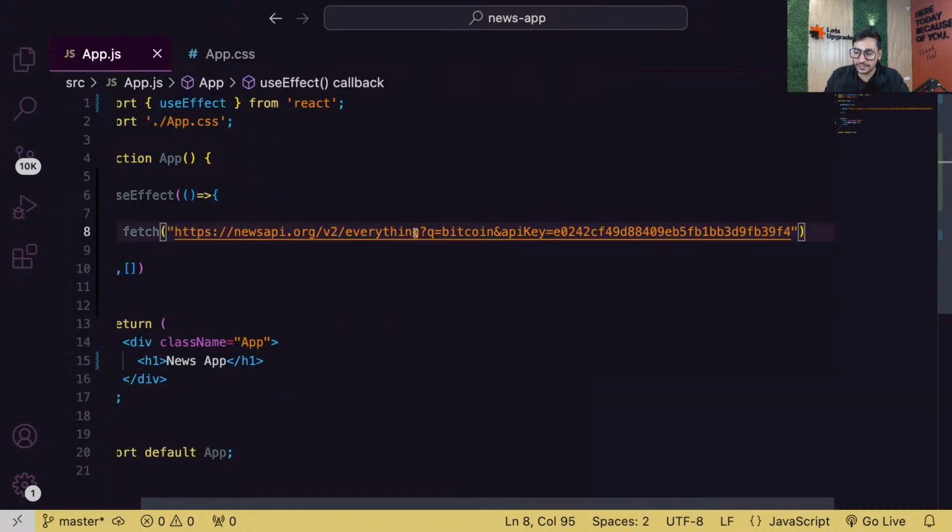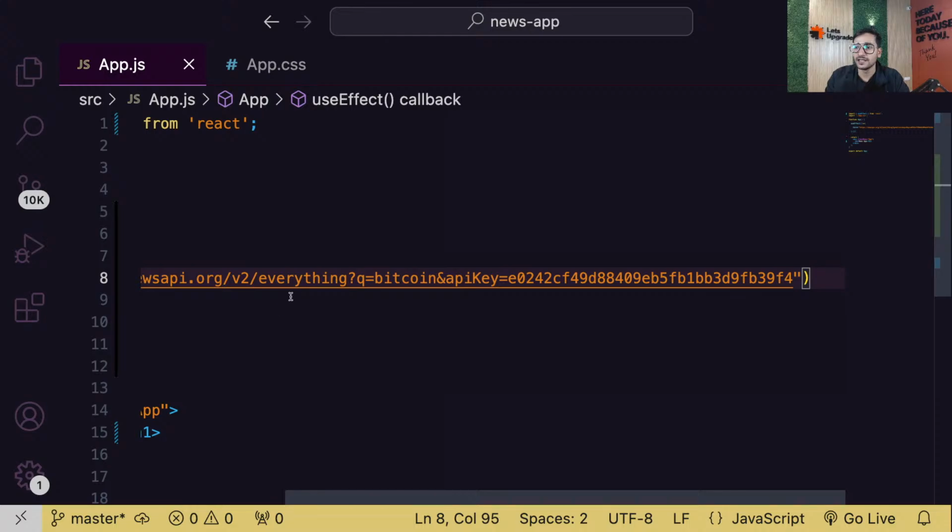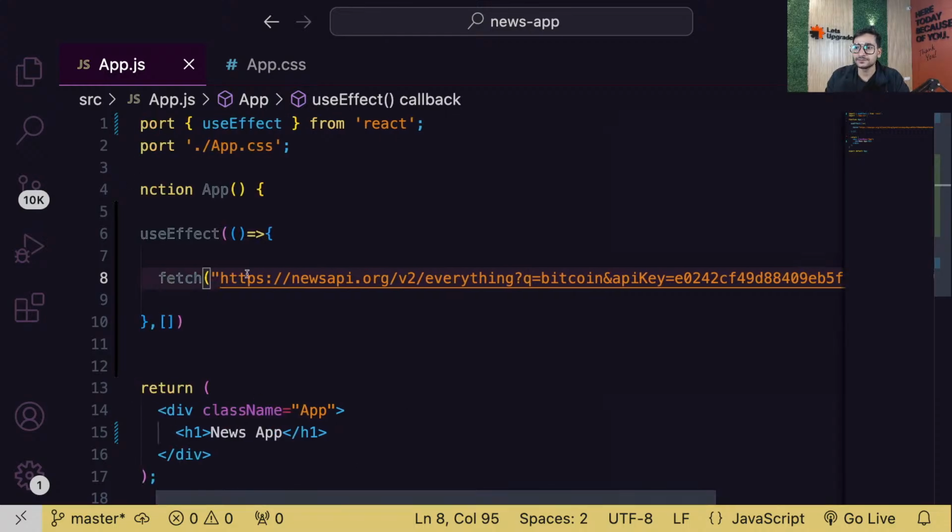Now let me show you how to read it. See, this is a very simple URL, guys. This is their server address, https://newsapi.org. This is the server address. Then /v2, that means this is version 2 of the API that they have created. There might be some folder on their server. Then /everything, related to Bitcoin. So right now I don't need it.